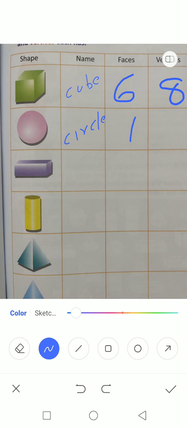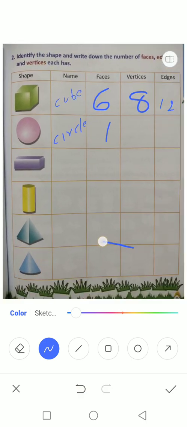And coming to vertices, we have 0 vertices, and even edges, we have 0 edges. Is it clear? So dear students, for this circle we have 0 vertices and 0 edges.